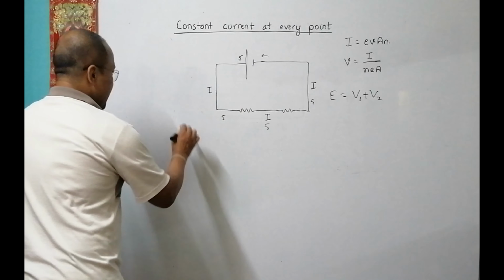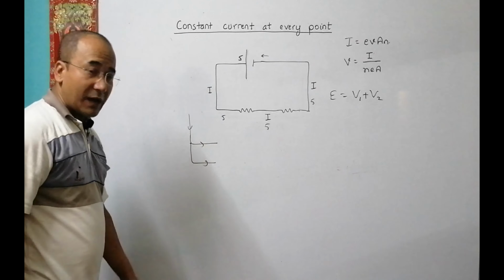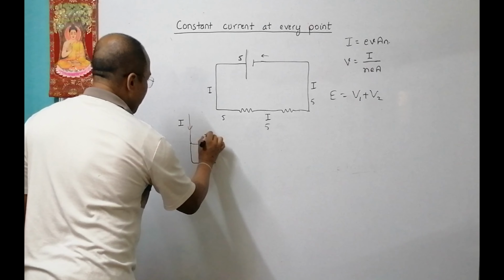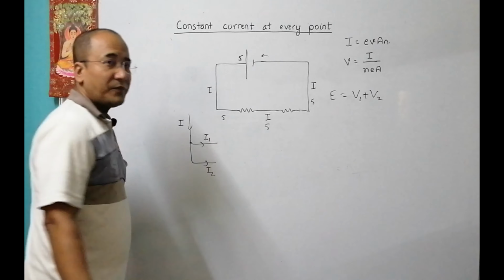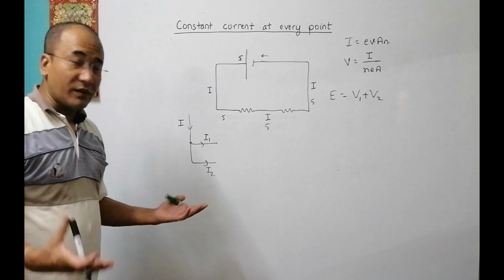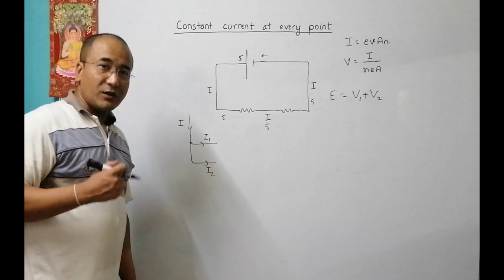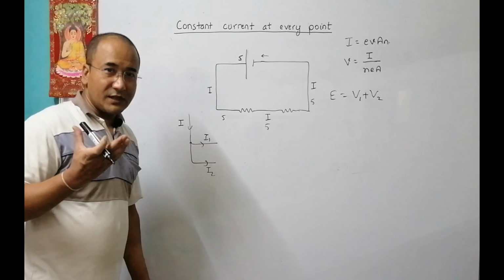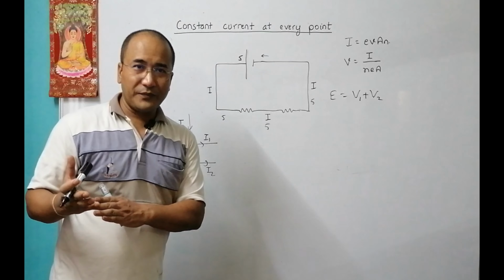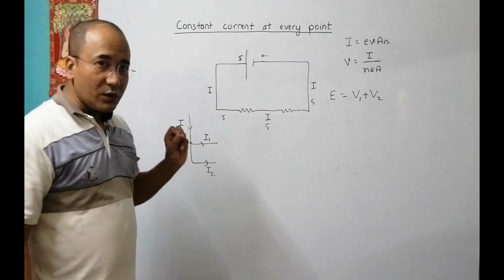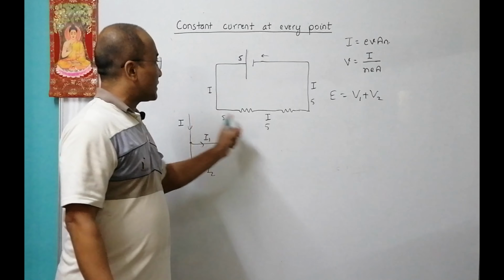Now, if we have a branch, let us say the current coming here has two branches like this. What should happen is the current coming from here should be equal to the sum of currents I1 and I2. Again, it is about the number of particles. If it is not equal, where have they gone? If I is more and I1, I2 is less, where have the remaining particles gone? So this also follows from the same concept. One concept leads to another. From now onwards, we have to be aware that the current through every part of this path is the same.